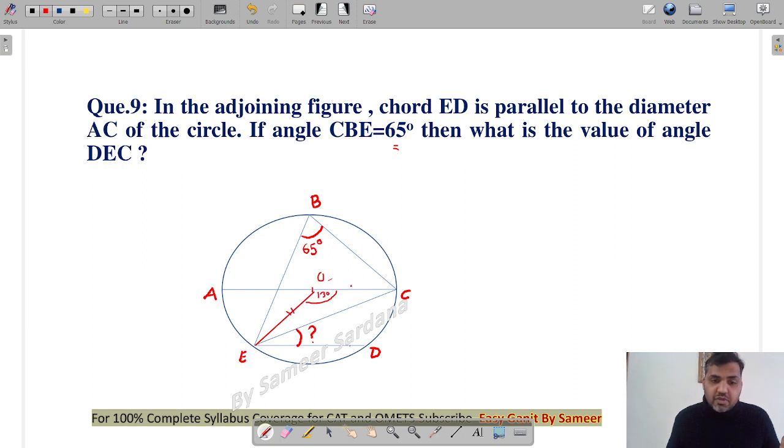You see that both of these two are the radius. If these two are the radius, can I say the value of both of these two angles will be the same? So can I say that this angle will be 25 as well as this angle will be 25? Now because AC is parallel to ED, angle DEC is an alternate angle to angle ECA. So this is 25 degrees, this angle will also be equal to 25 degrees. That would be the correct answer of the question, guys, right?